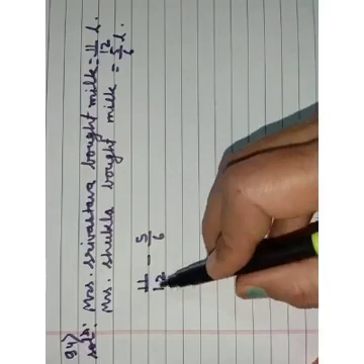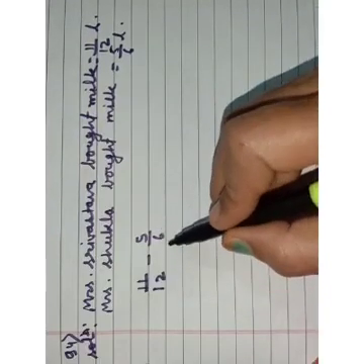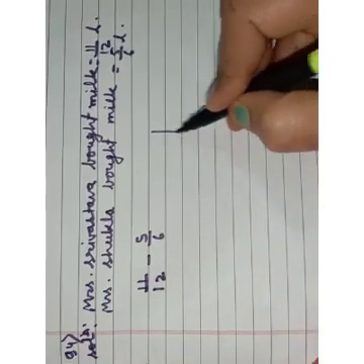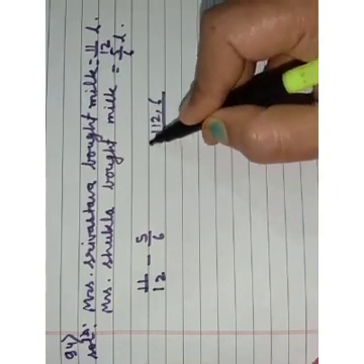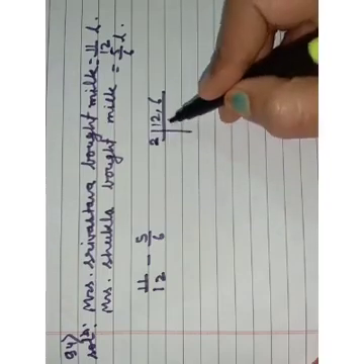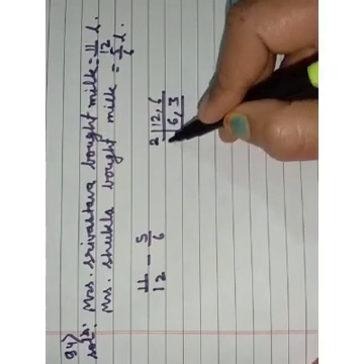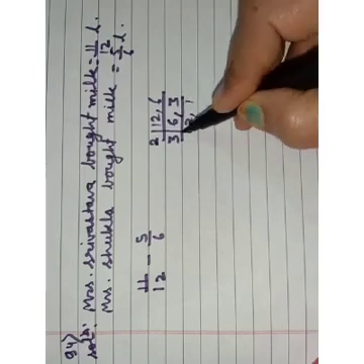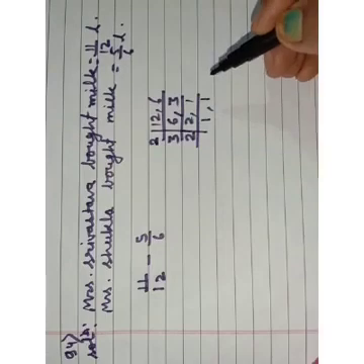These are unlike fractions, so we have to find the LCM of the denominators to make them like fractions. Now, the LCM of 12 and 6. We can divide by the common factor 2. 2 sixes are 12, 2 threes are 6. Now from 3 we can divide it. 3 twos are 6, 3 ones are 3. Now from 2, 2 ones are 2 and 1 is as it is.